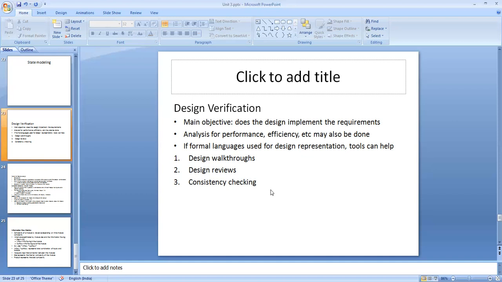The second verification method is design reviews. The purpose of this critical design review is to ensure that the detailed design satisfies the specifications laid down during the system design.